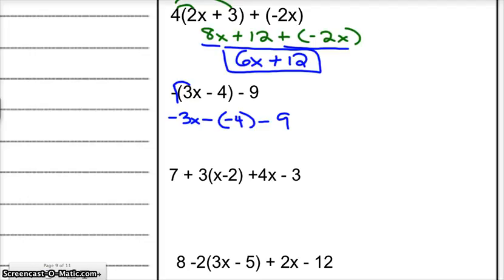Oh, look at how crazy that looks. I'm going to change it to plus the opposite. Negative 3x plus the opposite of negative 4 is just 4. Plus the opposite of 9 is negative 9. So this is plus, plus, and then